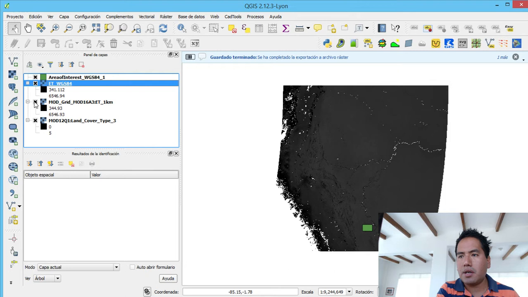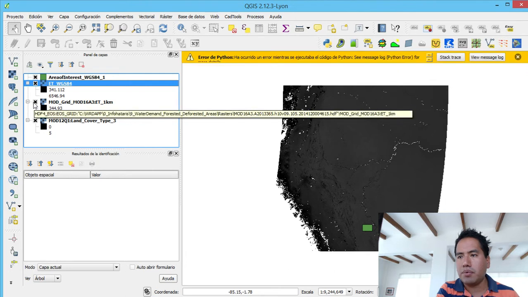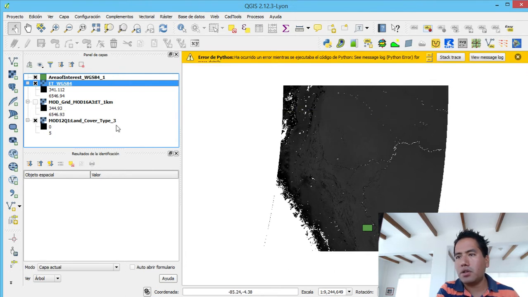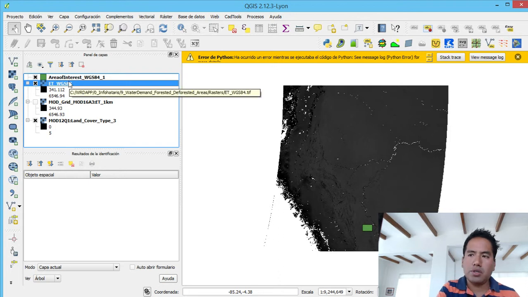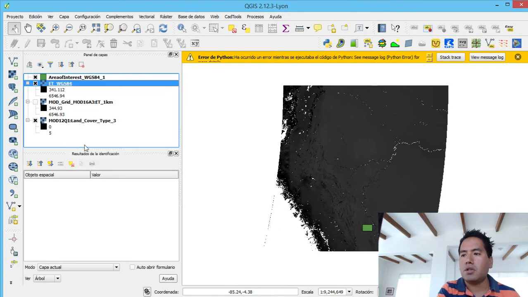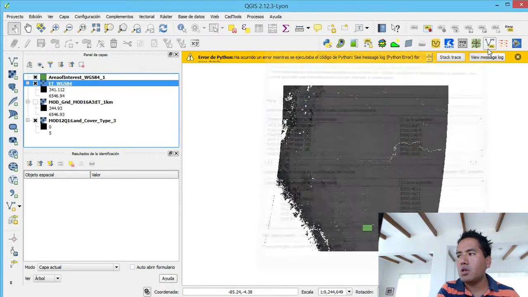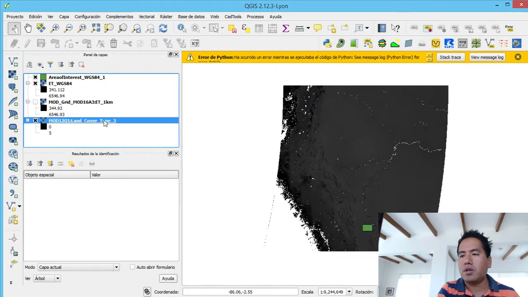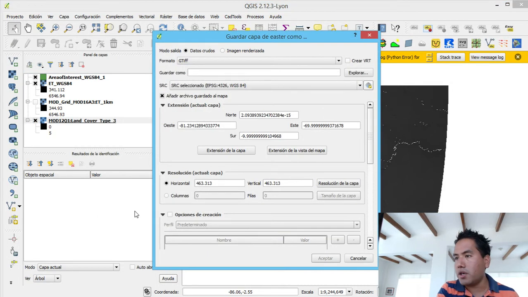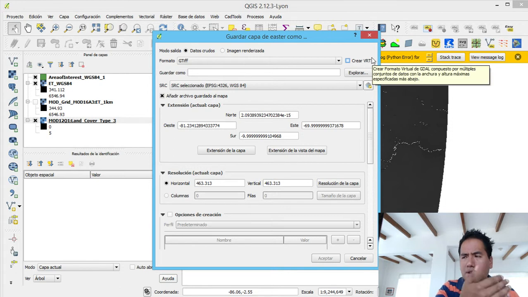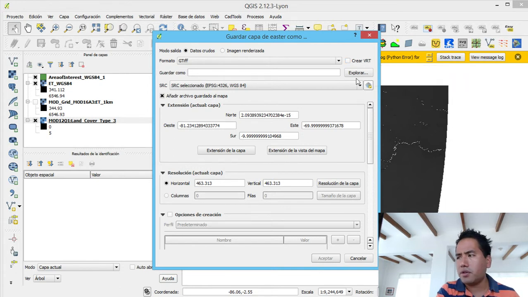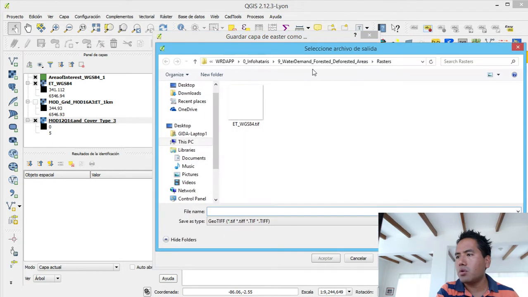Actually nothing has happened, just that we have the evapotranspiration as WGS. So if we want to check it, just right click and see the system coordinates, and we are in WGS. Cool. We do the same for the land cover type, so we say save as. I'm sorry, my QGIS is in Spanish, but I think the commands are around the same position. And we go to explore and we say is land cover